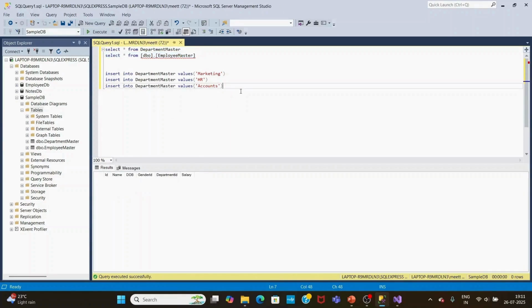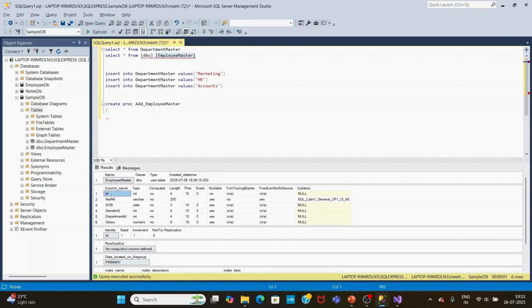We need to create an SP, create procedure, you can give add underscore employee master. Here we need to create all these values. So here we can declare at the rate ID int, at name varchar of 200,